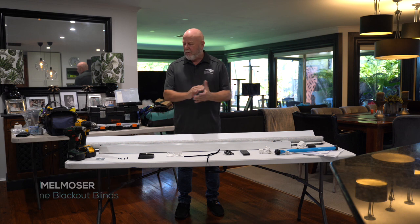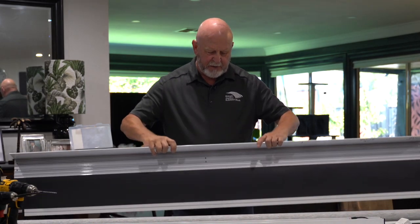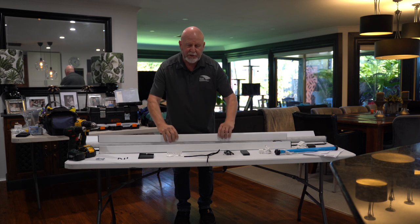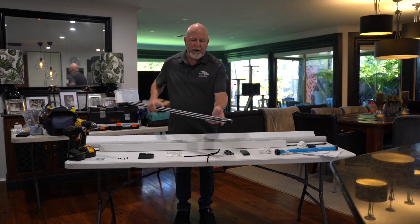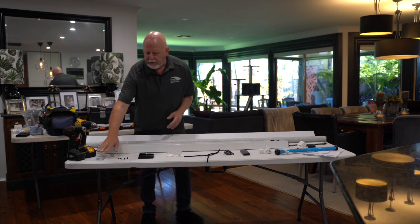I want to show you today what will come in your pack when you order an eSmart blind. You'll receive your pelmet with a light blocker on the back of it, your blind with a motor already installed. There'll be two side tracks. One will have the USB-C charge port. You'll get 16 screws,